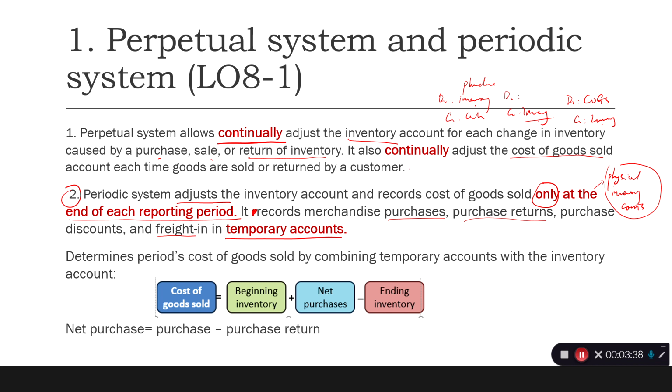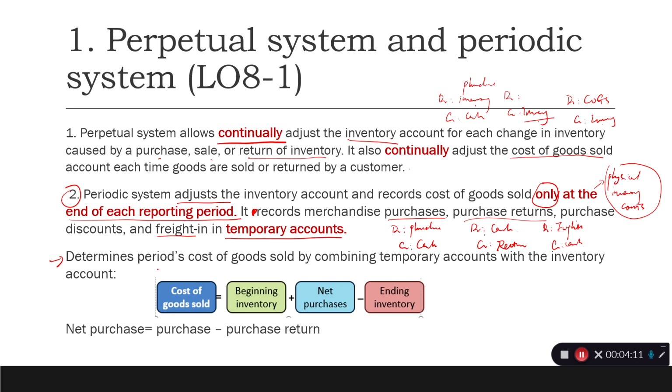For example, if it's a purchase, you debit purchases and credit cash. If it's a return, you debit cash and credit purchase returns. And if it's freight-in, you debit freight-in and credit cash. And in the end, you will figure it out using this